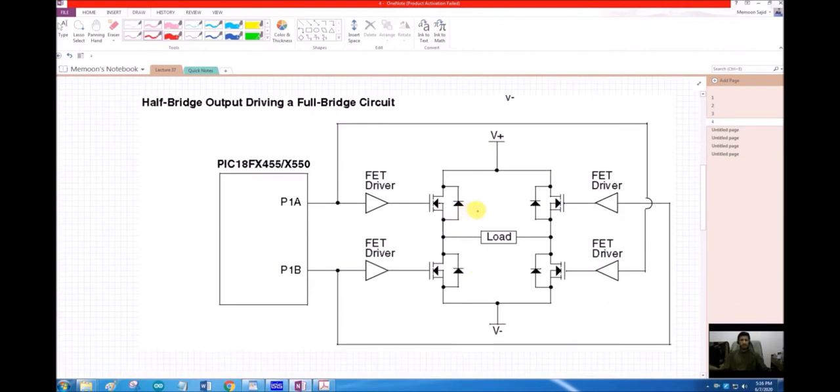As we know, we can set this transistor as permanently on and give a PWM on this transistor, and it will effectively control the speed of this motor or the intensity of this load. But what if we give PWM to both of them? Would it make any difference? No, it will not.